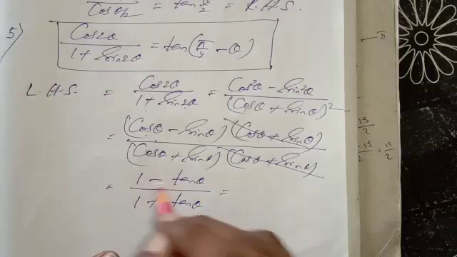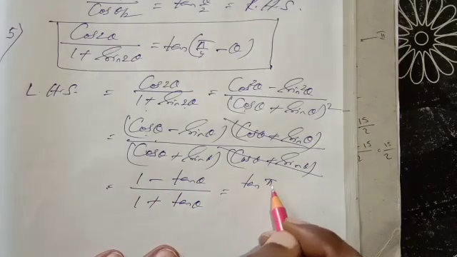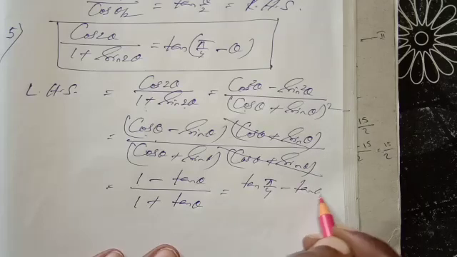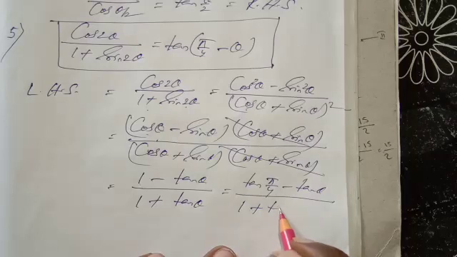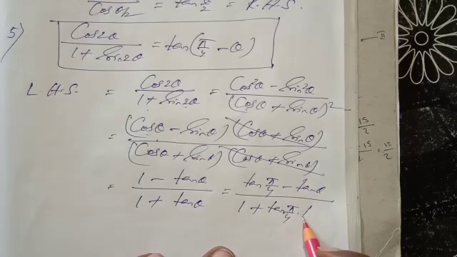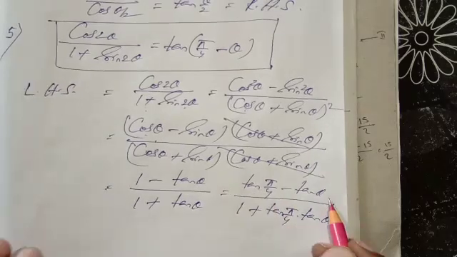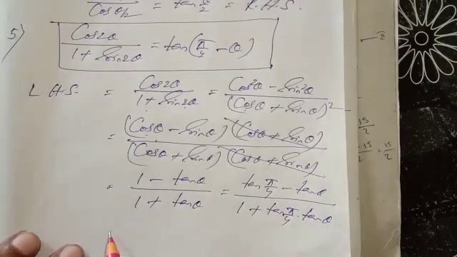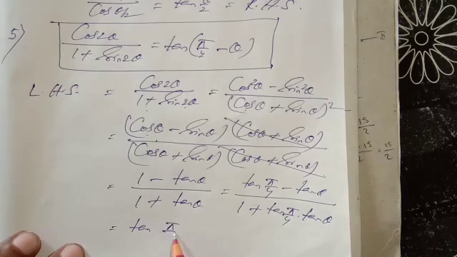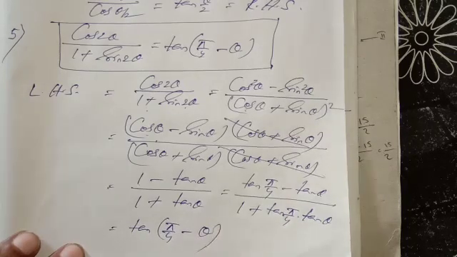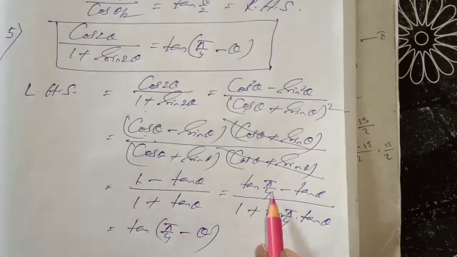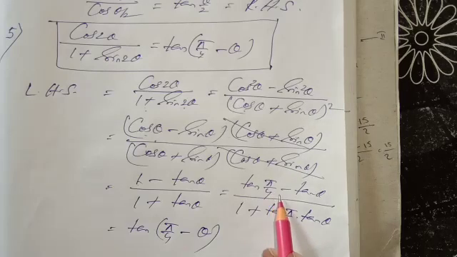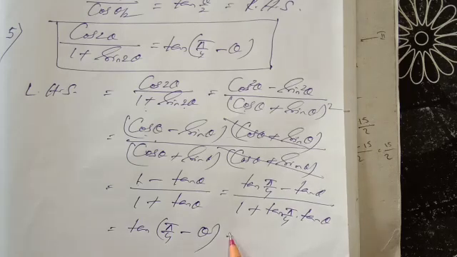Now this 1 I can replace with tan pi by 4, 45 degrees, because tan 45 is 1, in 1 minus tan theta. And here I can write 1 plus, as tan pi by 4 is 1, I can write here tan pi by 4. Why am I writing this? To make one formula here, that is tan A minus tan B by 1 plus tan A into tan B. That will be tan of A minus B, that is tan of pi by 4 minus theta. Okay. This 1 means tan pi by 4 I can write. Tan 45 is 1. Now this is equivalent to tan of A minus B, tan of pi by 4 minus theta, which is equal to the right hand side.